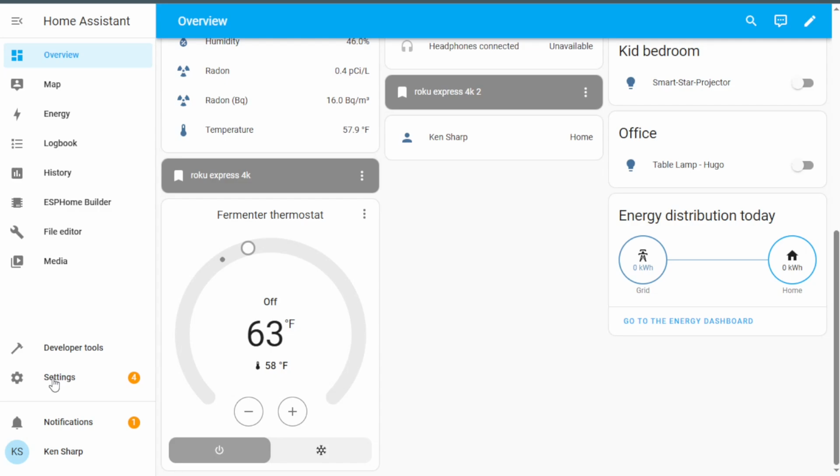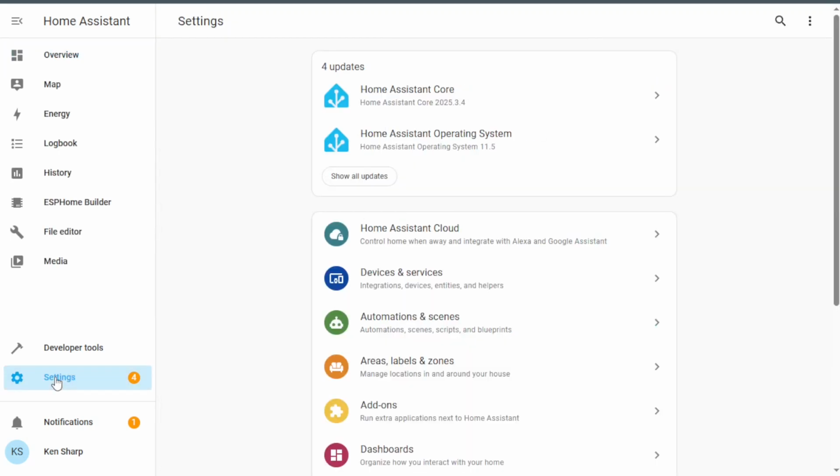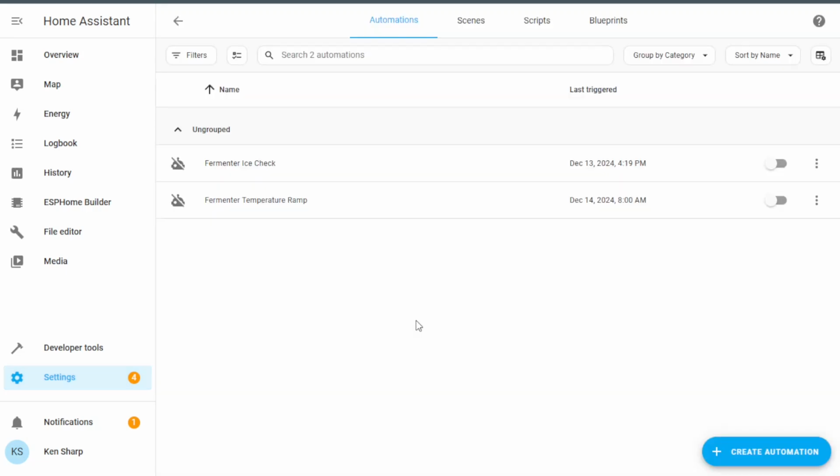So that's in the lower left corner. There should be a Settings entry. Click on that. And then we want to go to Automations and Scenes. So here I already have a couple of rules set up, but we're going to create some new ones that